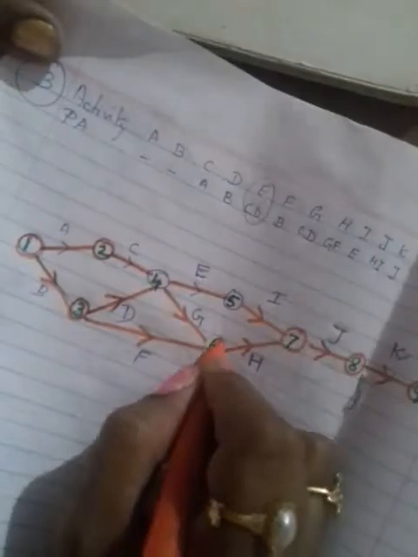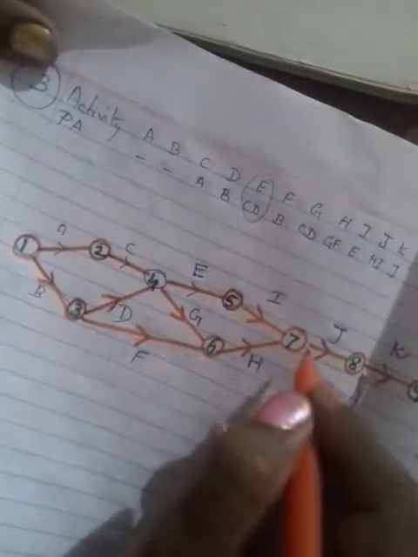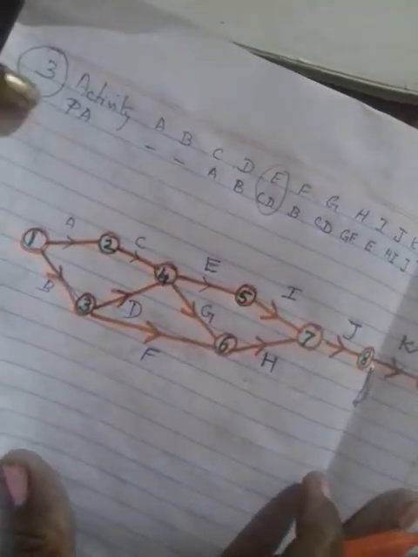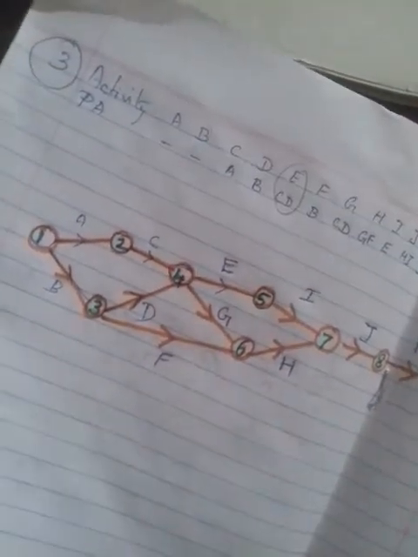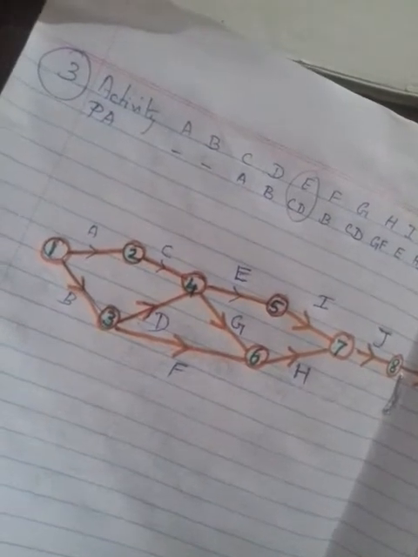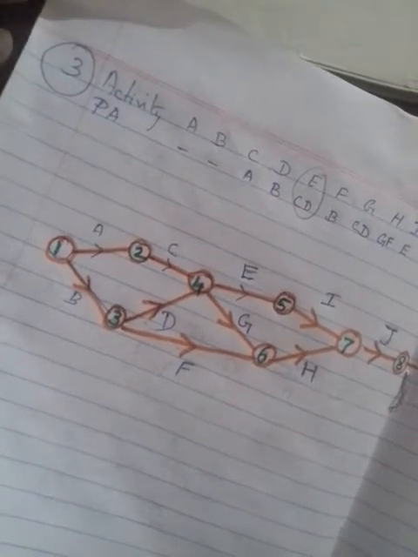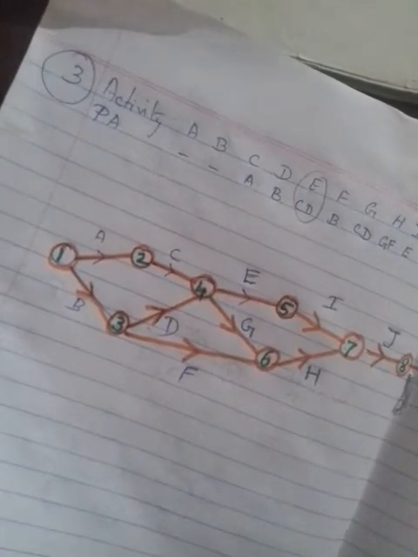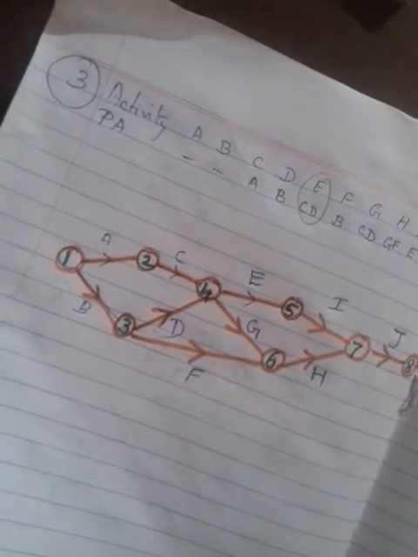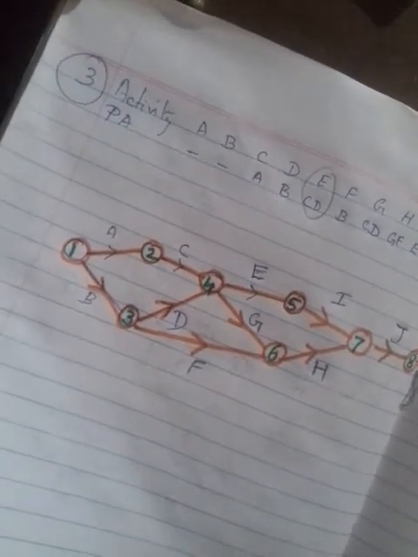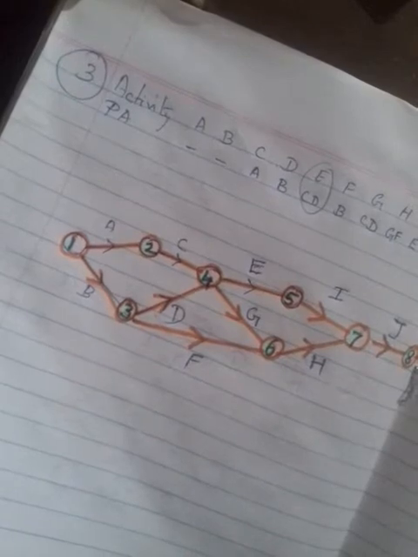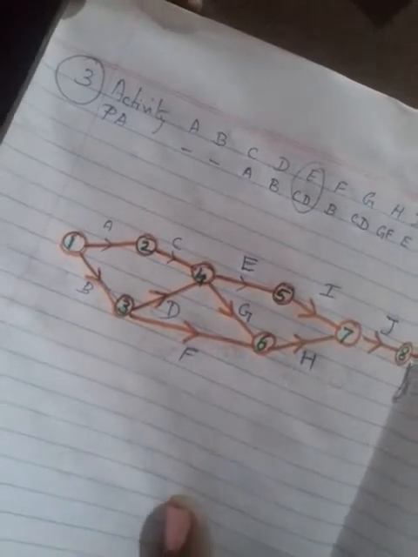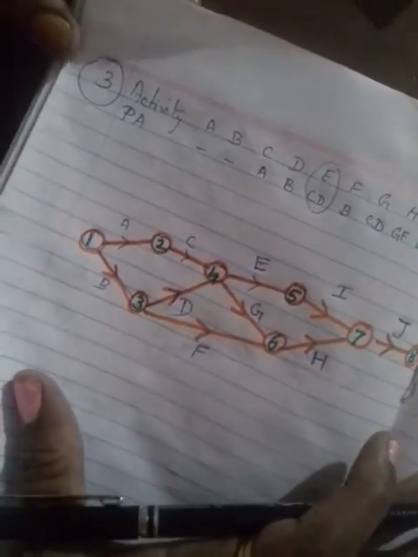If you know how to do this diagram properly, then only we can start with PERT and CPM. After doing this one, it will be easy to do. If you make any mistake in the network diagram, then you won't get PERT and CPM properly. PERT and CPM is a part of the network diagram. You have to identify the longest duration to complete the entire project. That we will see in the next video. So practice this.